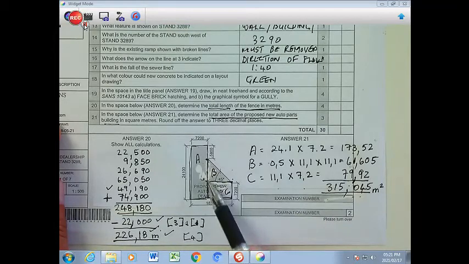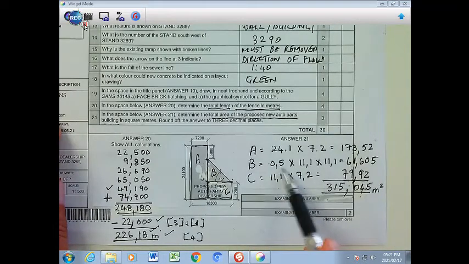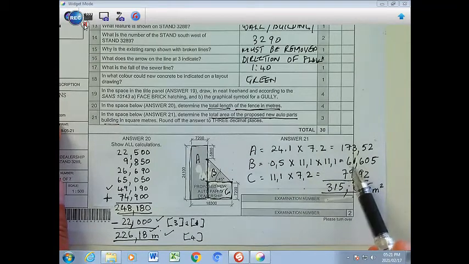So it's 11.1 and 11.1, and because it's a triangle, it is half base, so 0.5 times 11.1 times 11.1 gives us that amount there of